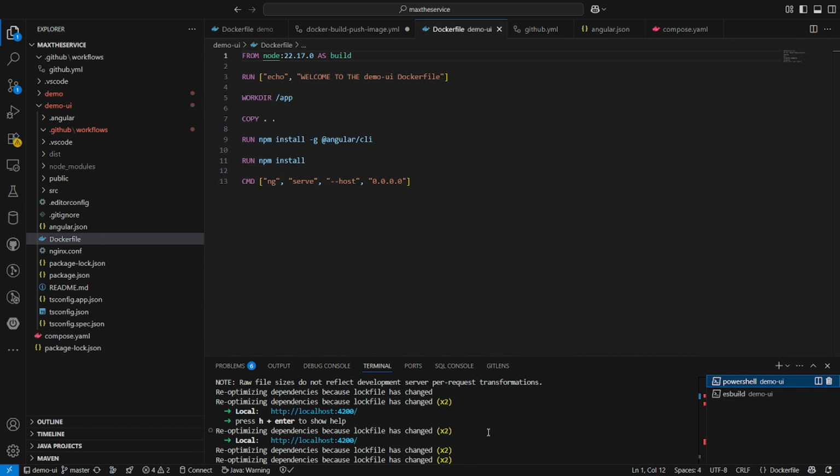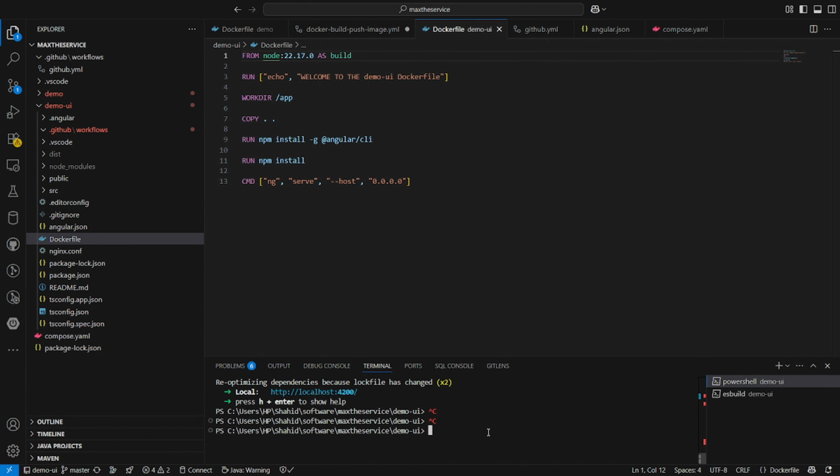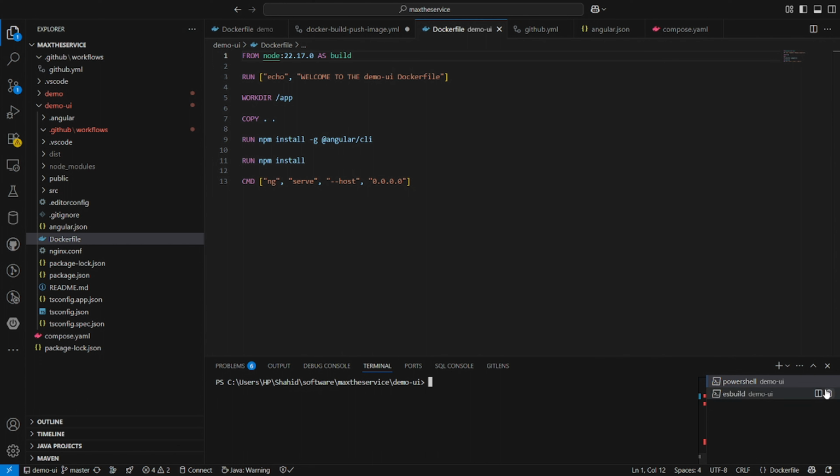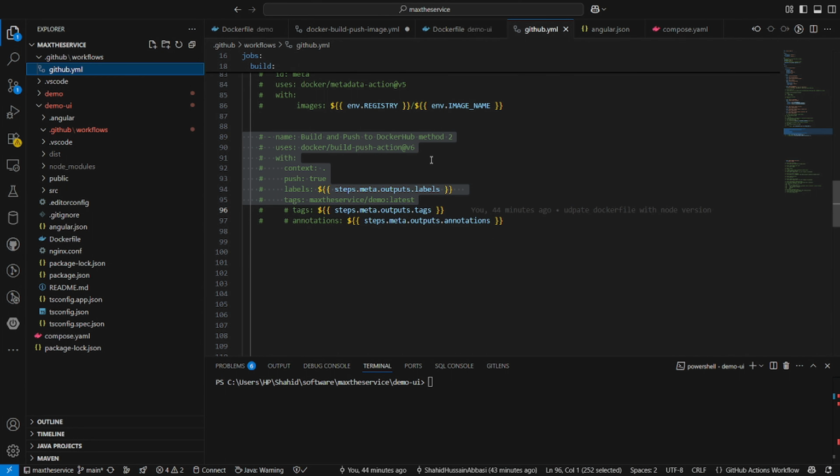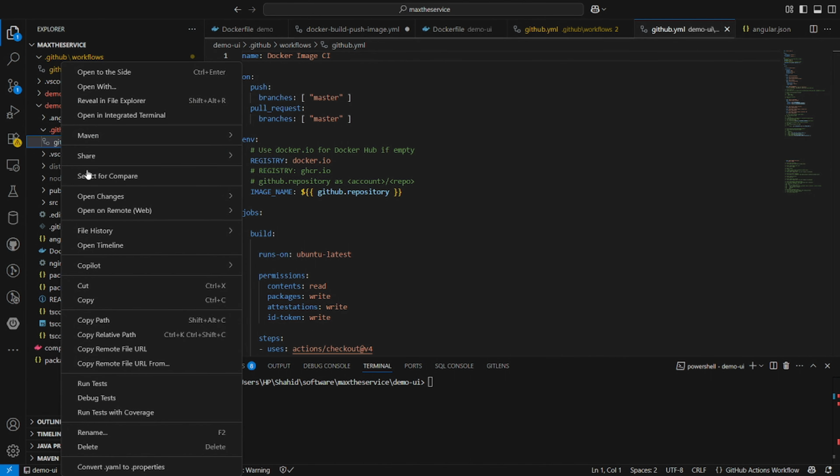Okay, now just to save time, I will be clearing it. Let me delete this one to avoid confusion. Now what I need to do is create a workflow. I can create the workflow file from here, and we can also create it from GitHub Actions. In the last tutorials we created it from GitHub Actions, but today I will just copy this file and place it here, and I will be renaming this